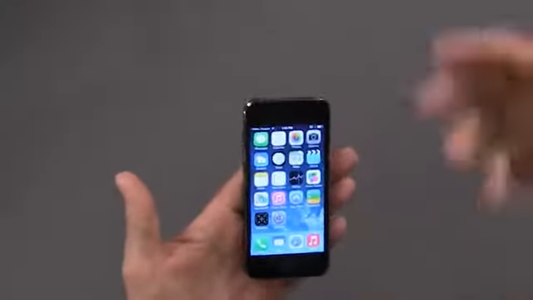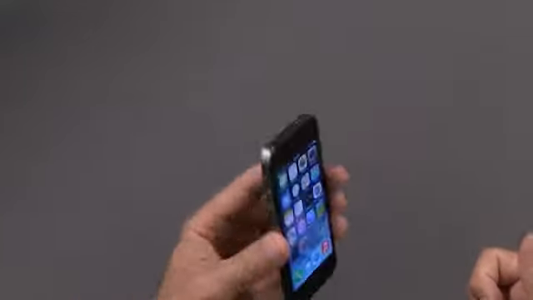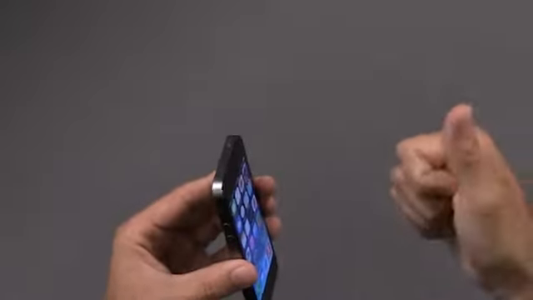But if not, let's go ahead and take a look at the iPhone itself and some of the things that you're going to see just from the phone. Now, I'm actually using an iPhone 5S with the iOS 7, or the most recent operating system on it. Now, there are some differences between the 5, the 5S, the 4, and the 4S. I'm going to cover some of those as we go through this. But the basic functionality and the basic buttons are all the same.